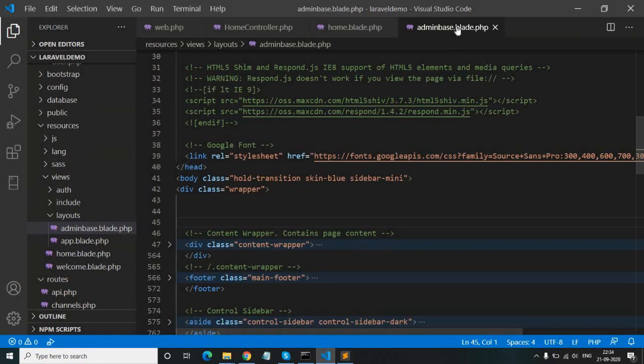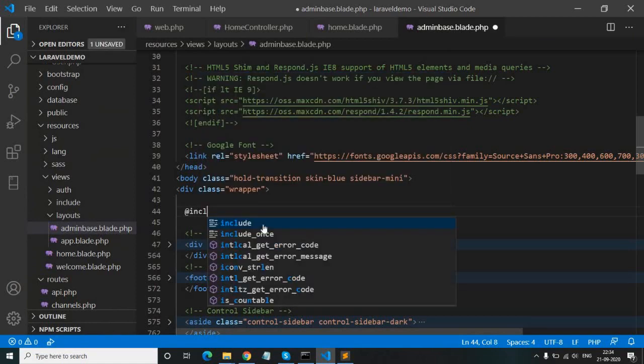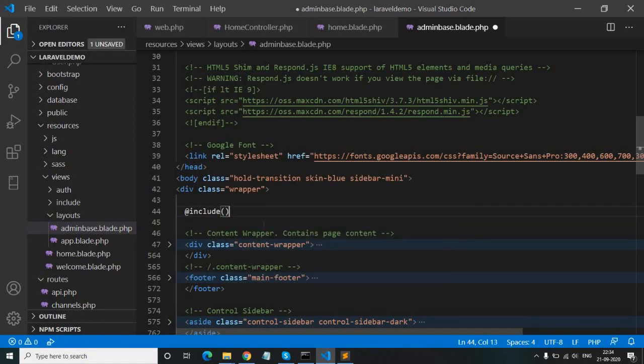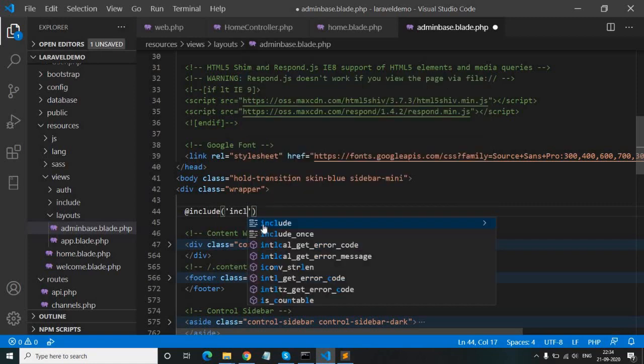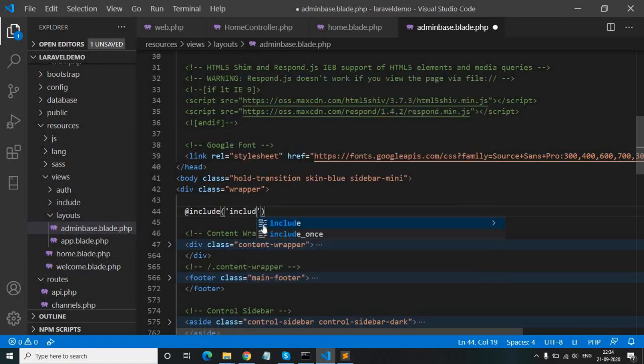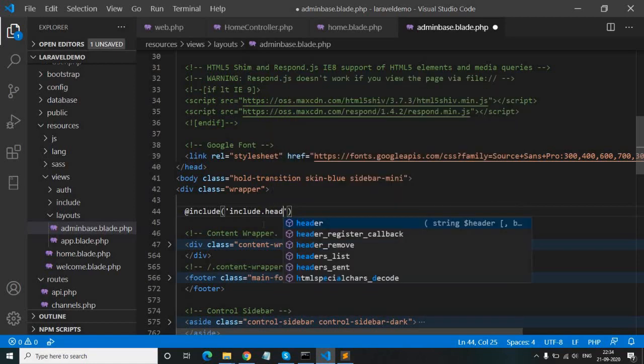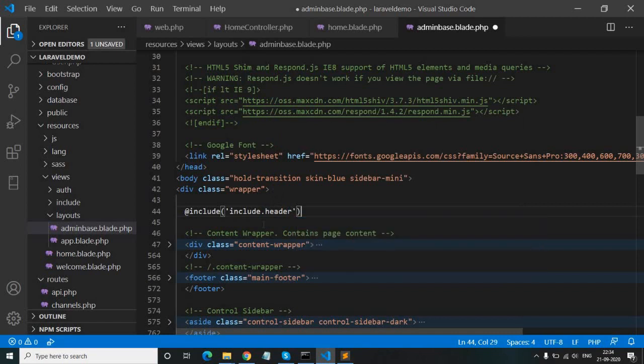So inside the admin base file we will use @include, inside view, include dot header.